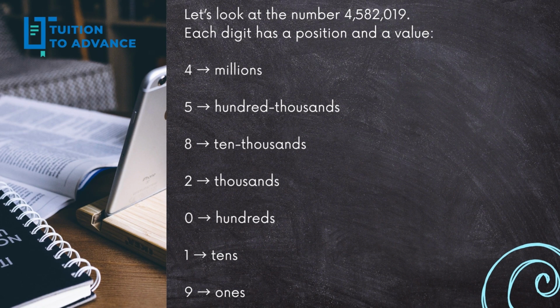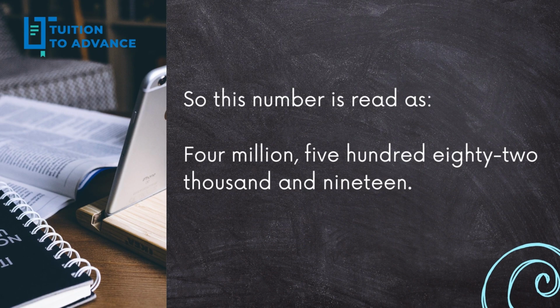Let's look at the number 4,582,019. Each digit has a position and a value. 4, millions. 5, hundred thousands. 8, 10,000s. 2, thousands. 0, hundreds. 1, tens. 9, ones. So this number is read as